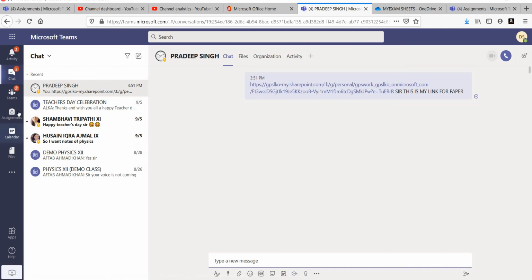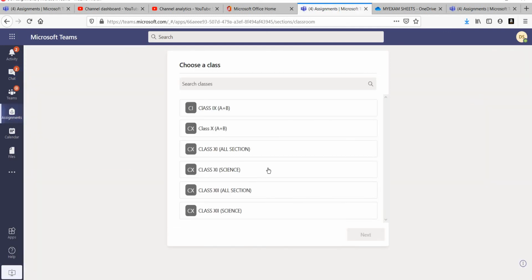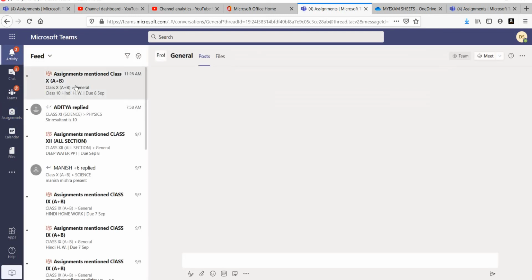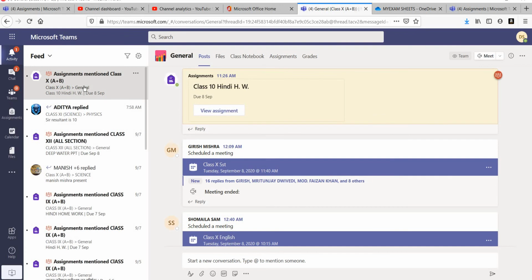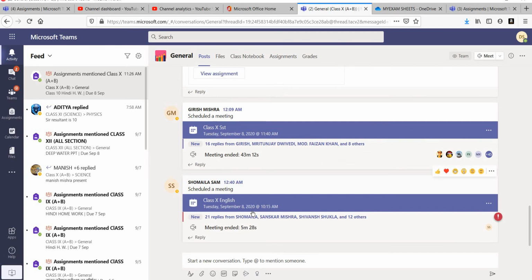Similarly, when you go to the assignment, you will see how we get the paper. You will go to the assignment or activity section. Like this, you have got the assignment mentioned, class 10B. Then click over here.